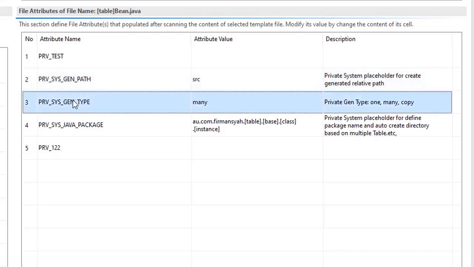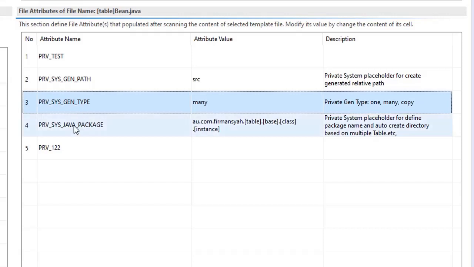And this one is private system generation type. Basically, in our generator tool we have three types: many, copy, or one, similar to what I explained in the previous video.